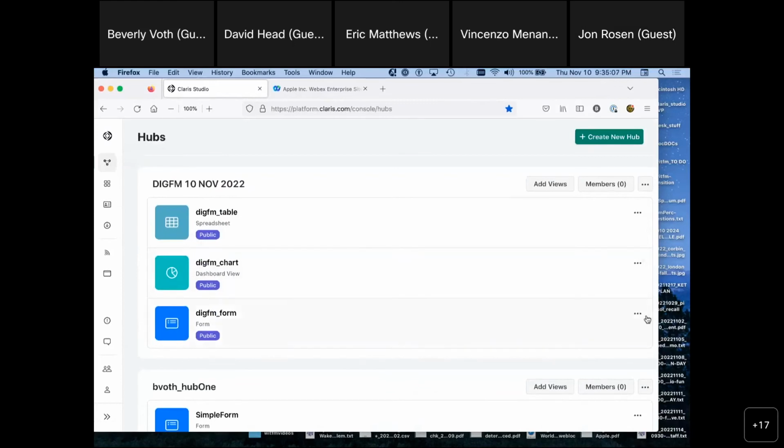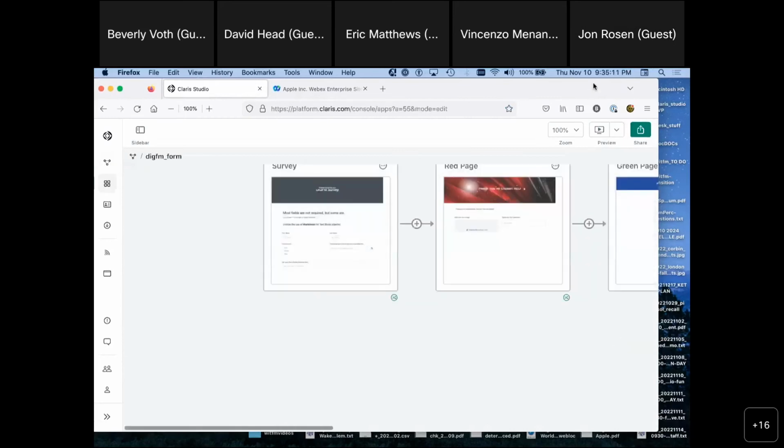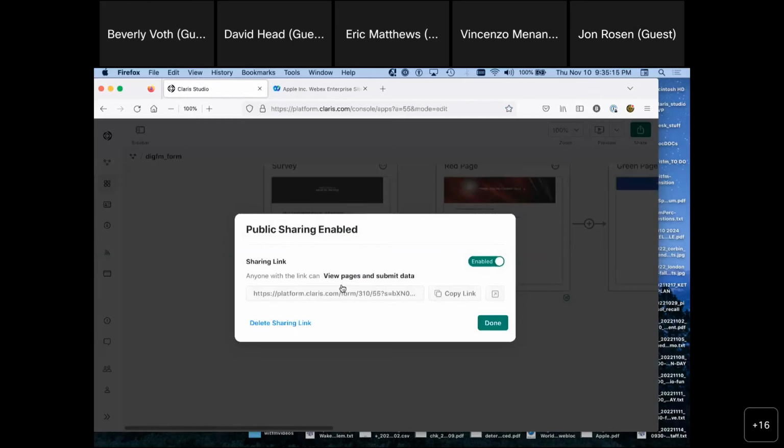And once you create a form, you click the share button and you enable it. Again, this link is now permanent. If I turn that off, which I'm going to, you can't submit any more data. It's still a valid link, but it won't let you actually